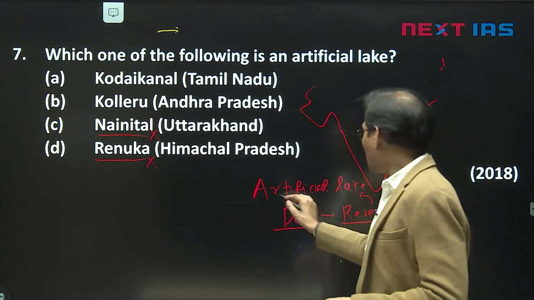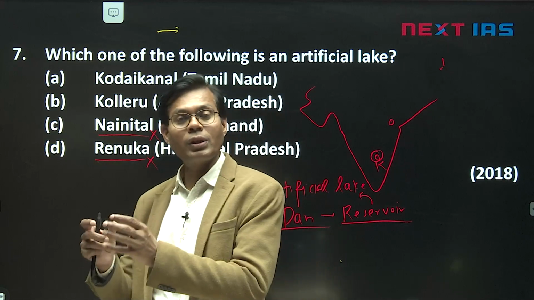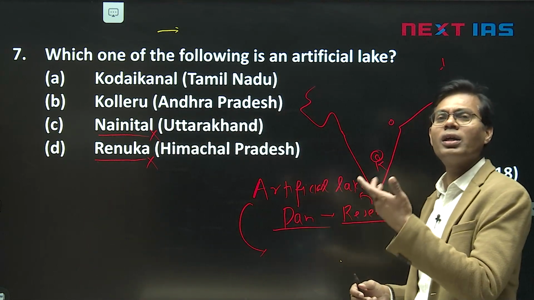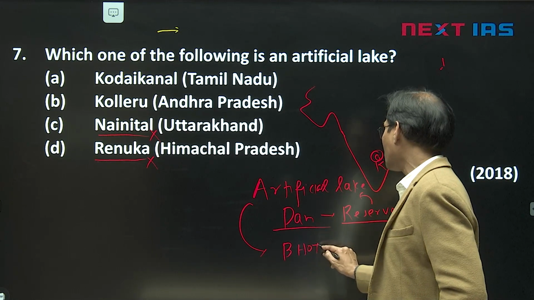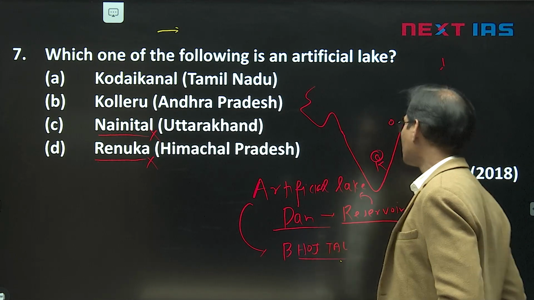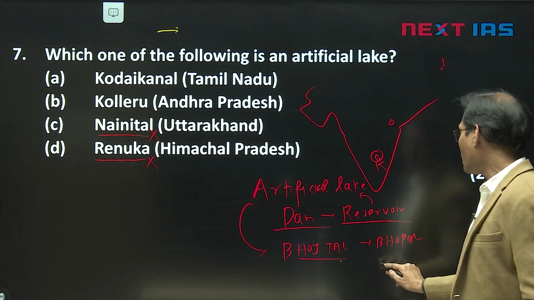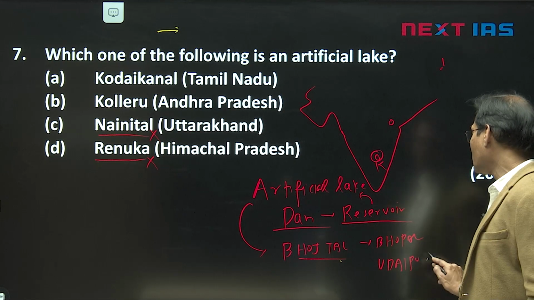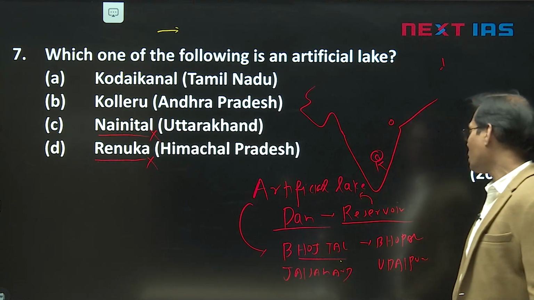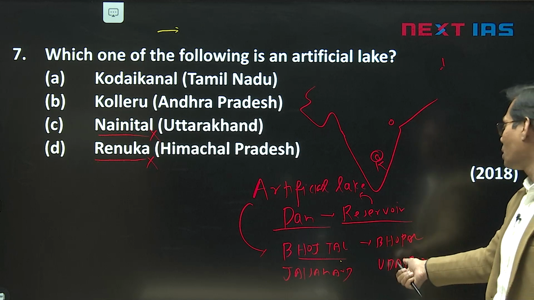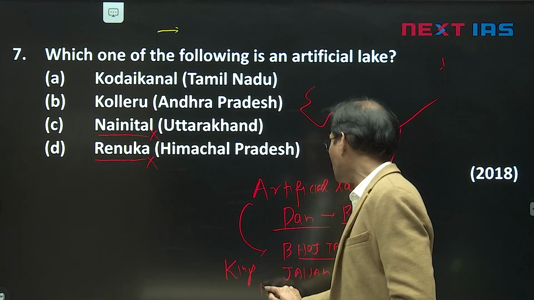But another kind of artificial lake is possible, if any king or any regime has developed it for tourism or their own benefit, like Raja Bhoj, the Bhoj Tal of Bhopal, Bada Talab, Chota Talab, Bhopal. Also, you will see in the Udaipur area many lakes are there. Jaisamand, the famous freshwater lake of Udaipur in Rajasthan. So these all are by the kings. Even kings here, even Britishers also.